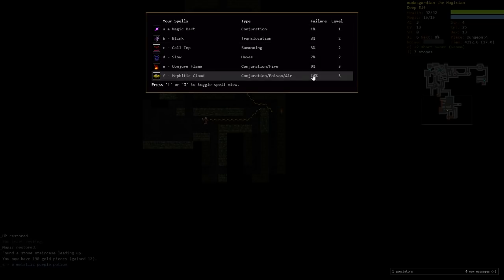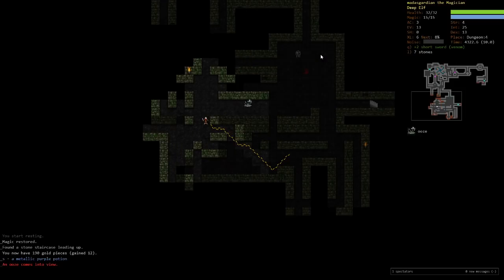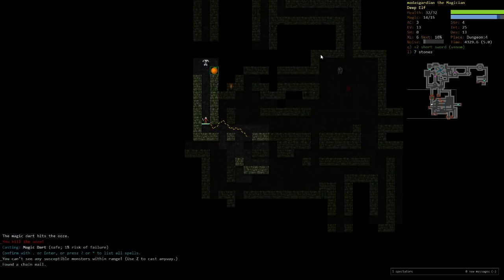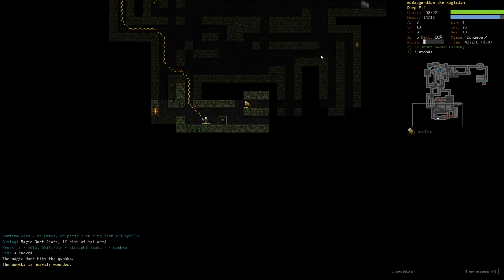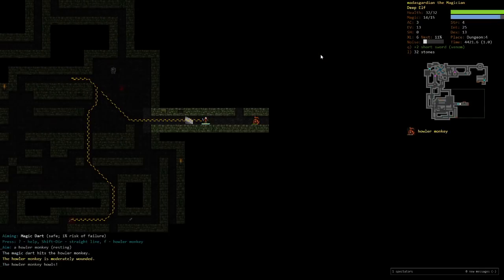So here, as you can see, our failure rates are doing pretty well. We haven't trained anything in Mephitic Cloud yet, so it's a little bit up there. I mean, ideally, you kind of want them in single digits. So we will get hexes and conjure flame up, and then we will...